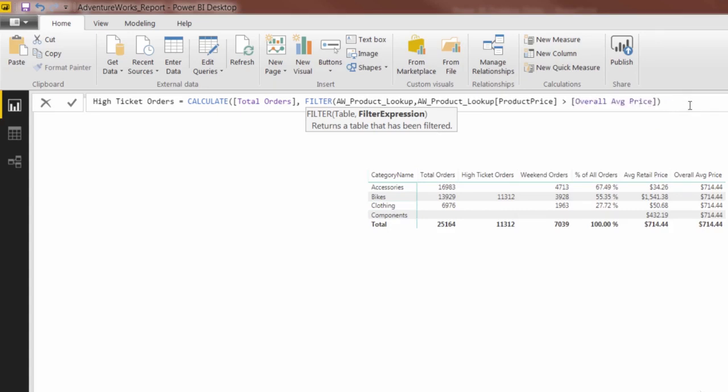So kind of a lot going on here. Looking at the filter statement on its own, it's saying, all right, look at the entire AW product lookup table, that list of all our product keys and all those attributes about those products. Go row by row, check the product price, and compare it against our overall average price measure, which we know is $714.44 based on the data we currently have. If the price is greater than $714, we're going to keep the row from product lookup. If it's less than or equal to that average price, we're going to chop that row right out of the